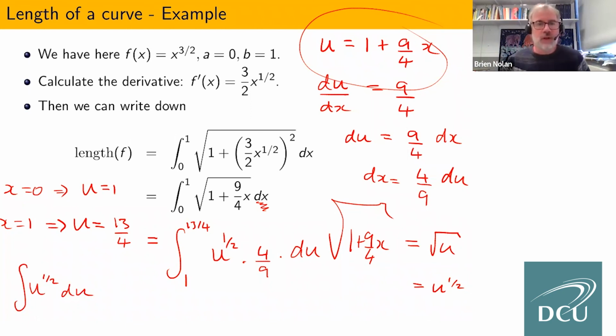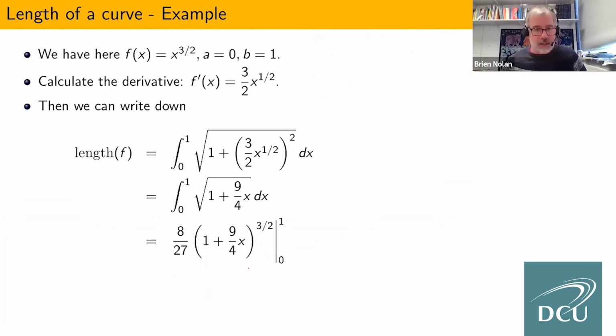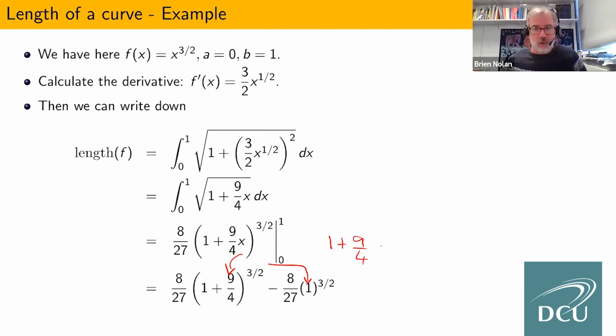Okay, so that should be enough to enable you to fill in the little gaps there and come up with this result for the integral, using the substitution that I mentioned there. So just check the numbers yourself here. We want to put in our limits x equals 1 and x equals 0. So I have 8 over 27, then put in x equals 1. I get 1 plus 9 over 4 to the 3 halves. Put in x equals 0. I just get 1 plus 9 over 4 times 0, which of course is 1 to the power of 3 halves. Tidy that up, chuck it into the calculator, and sure enough, I get 1.4397,